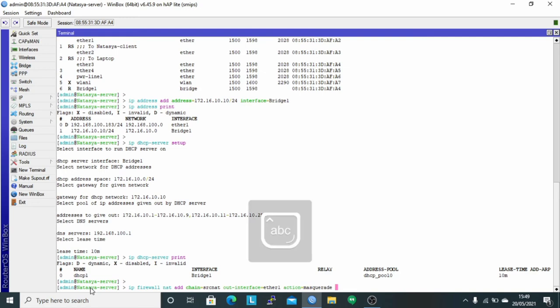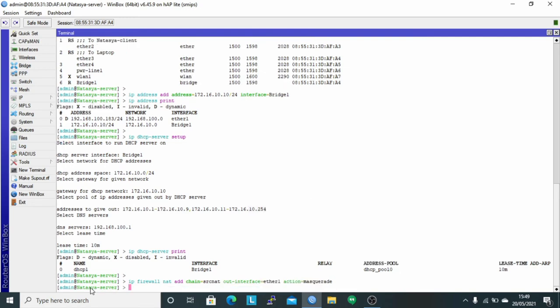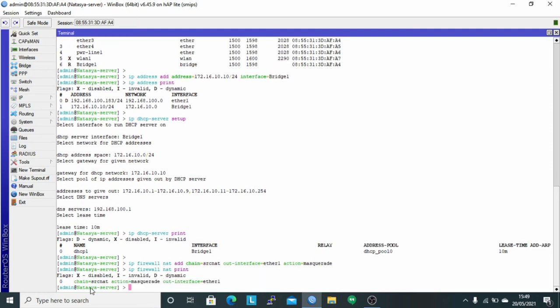Check with the command IP firewall NAT print. It can be seen I have successfully created the IP firewall NAT.